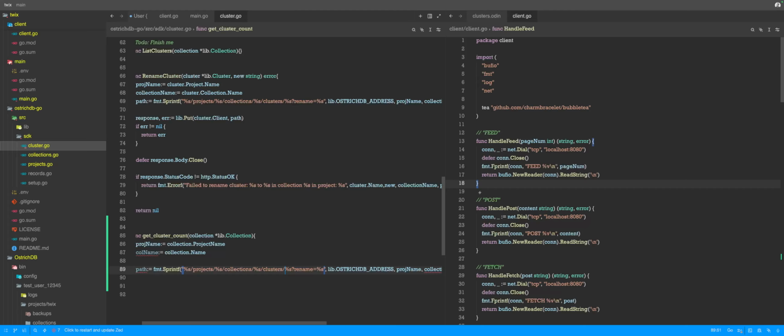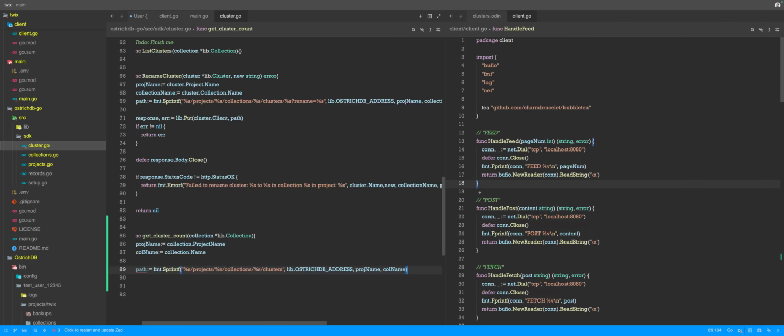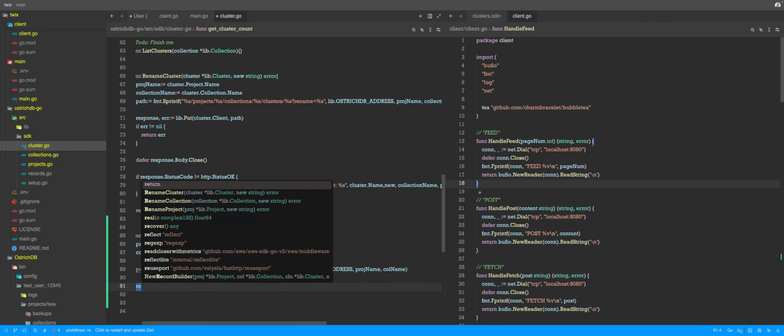Hit clusters, and once we hit clusters, it should bring everything back, right? And so collection name, column name. Okay,